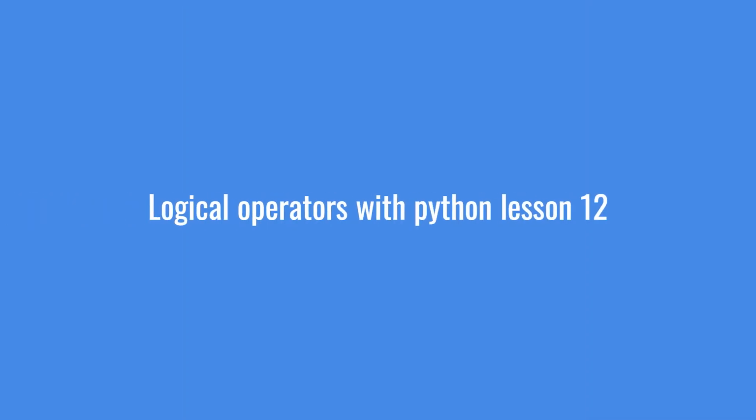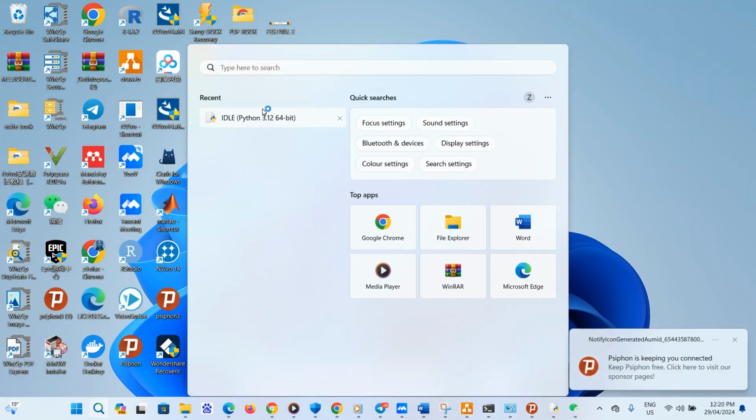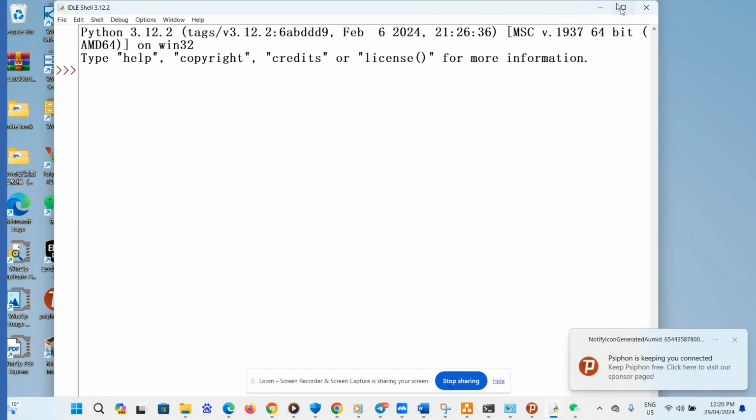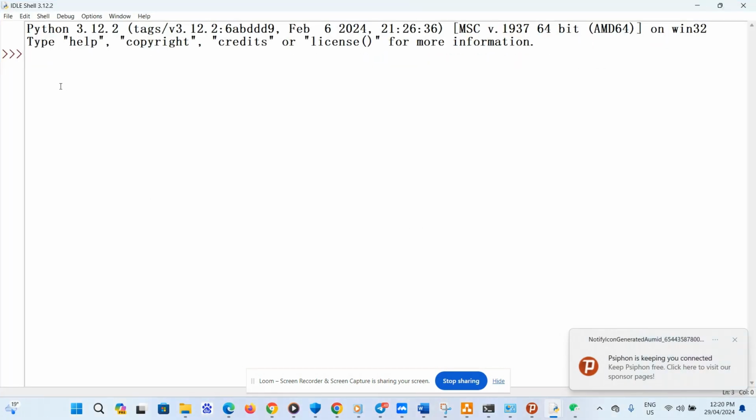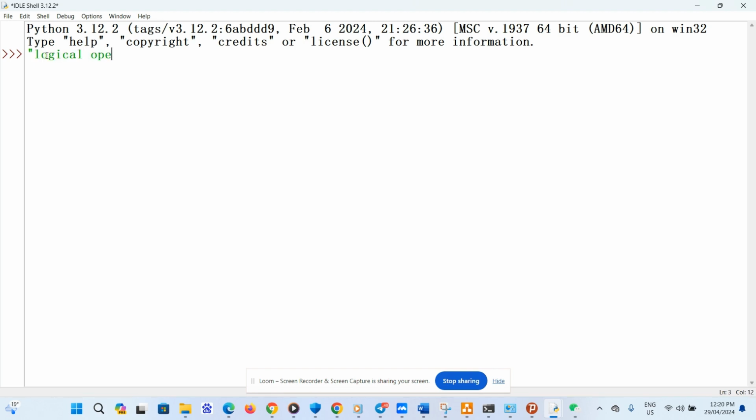So, let's start. Today we are going to continue on logical operators. Logical operators. On logical operators, we define x is equals to 20,